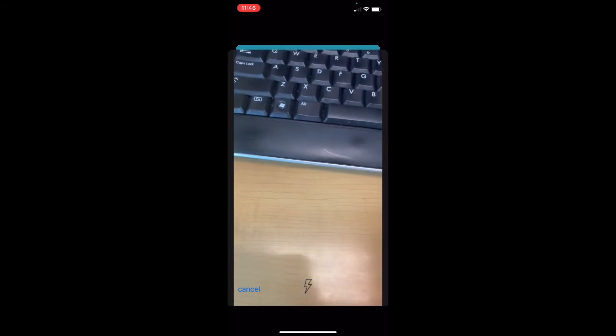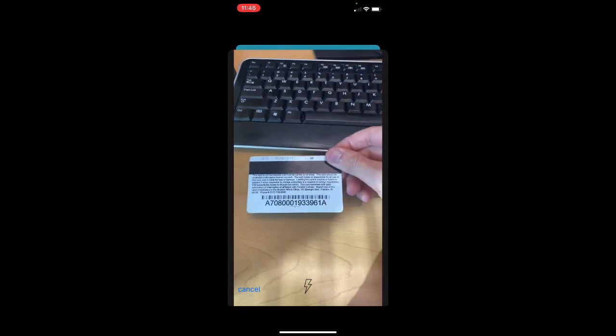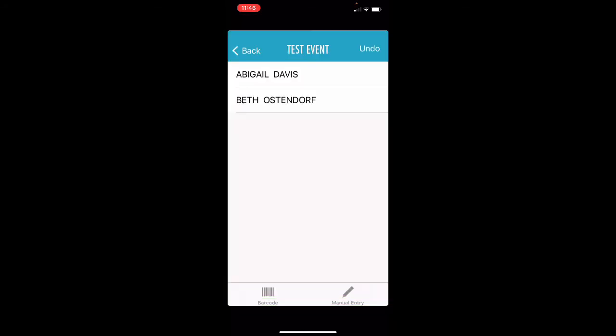When a student is ready to be scanned in, have them hold their ID with the back side of the ID card with the barcode on it facing the camera on your phone and hold it in the screen. Sometimes it takes a few seconds to process, but then it adds their name to the list of attendees. If someone's ID won't scan, you can also use the manual entry button on the bottom right corner of your